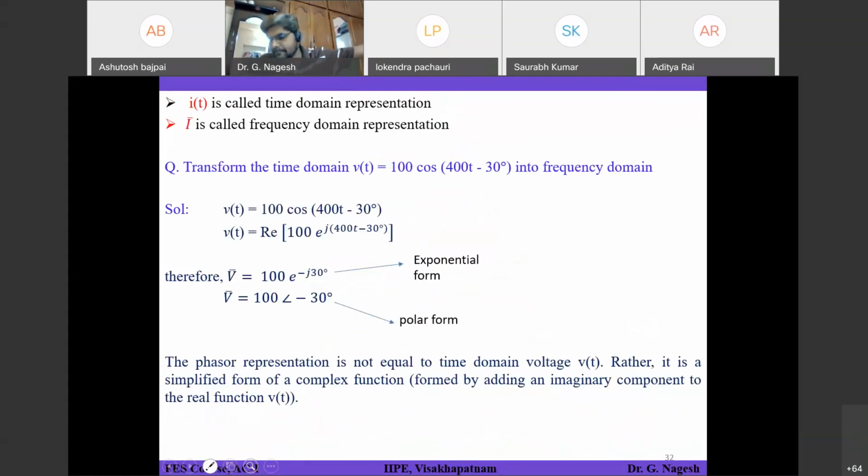Sir, omega t is completely neglected, sir? No. Omega t is present in the circuit. It is not going to be neglected. But when you do your solution, if I write in exponential form, that is 100 e power j omega t, I am simply writing that omega t again and again in your solution. That's all. Omega remains constant.